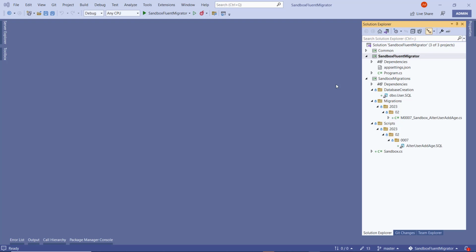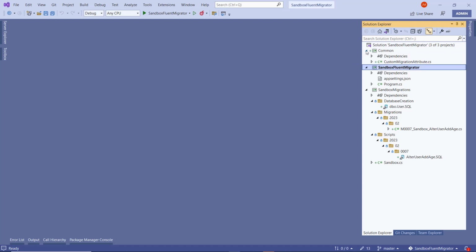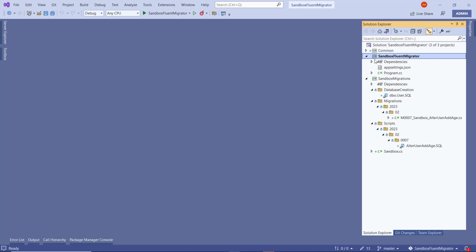So here we're in Visual Studio and we can see we've got a solution here with 3 projects: Common, Sandbox Fluent Migrator, and Sandbox Migrations. Now the Common project is just a project that contains a class that's shared across both of the others. Sandbox Fluent Migrator contains the migration logic, and Sandbox Migrations contains the migrations classes and the respective SQL classes that